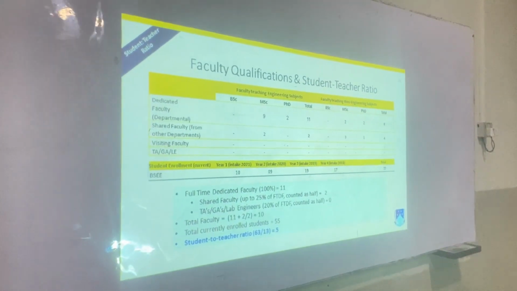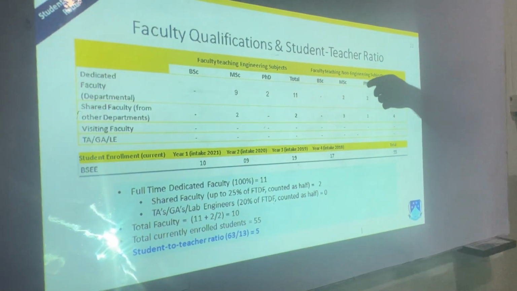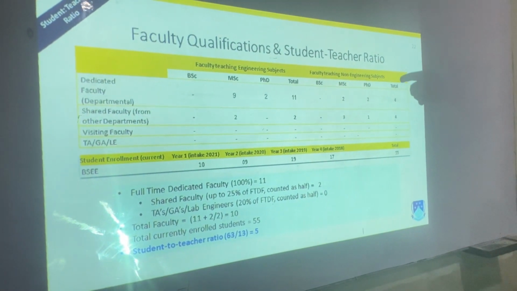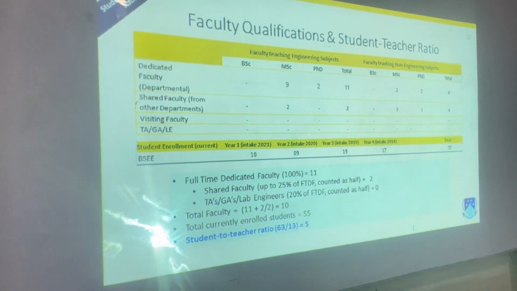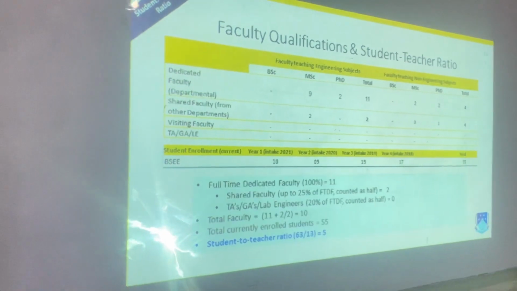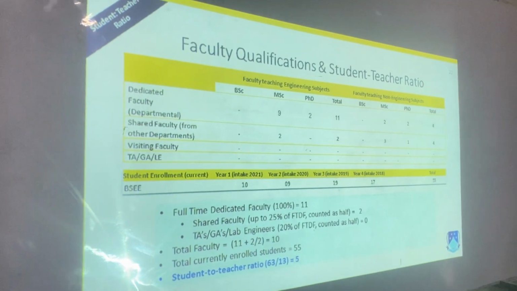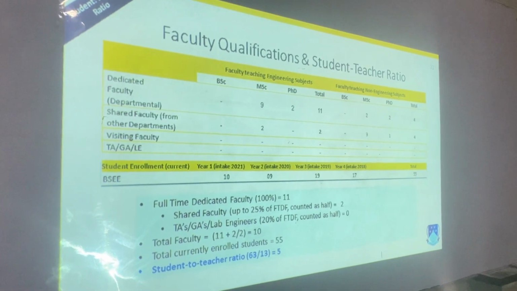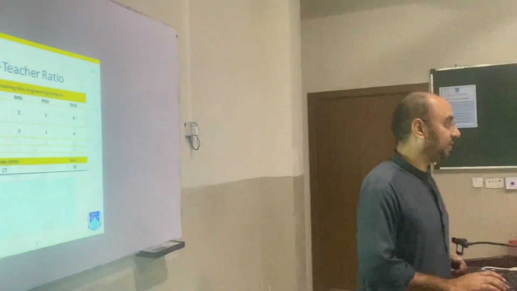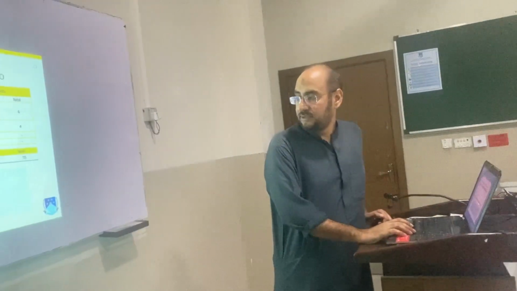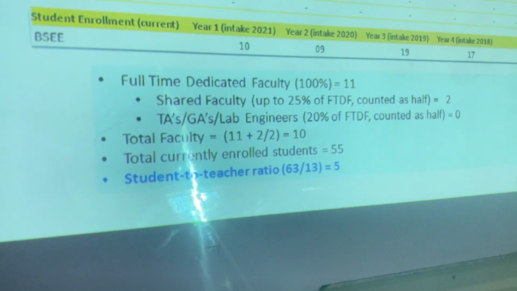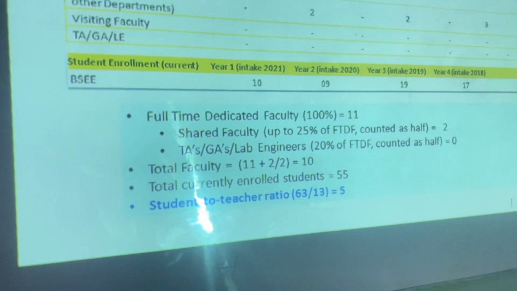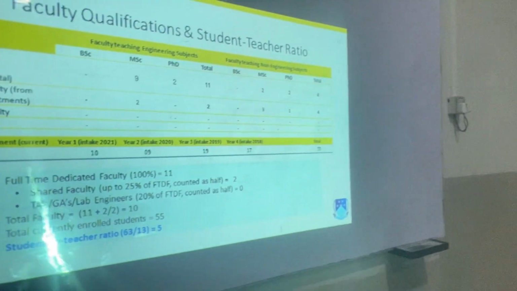Actually we have 10 students in intake batch 21, 9 students in intake batch 2020, and 19 students in batches 19 and 17. The total number of students we have is 25. And this is how to calculate the student-teacher ratio. We are in very safe hands in this ratio, but we all should work hard to get and grade students from the market for the fall 2022 intake batch.